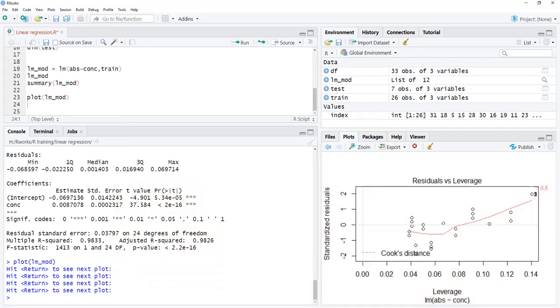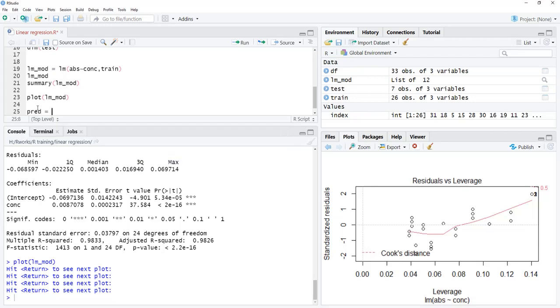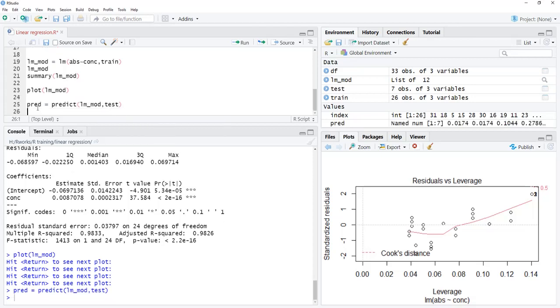We will further validate the model by using the test data, and for that I will use the predict function, and we'll save the predicted results into pred is equal to predict, and first argument is the lmmod, and next argument is the data, that is test. And when we run that, results will be stored in the object pred.